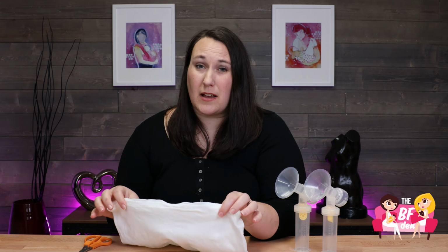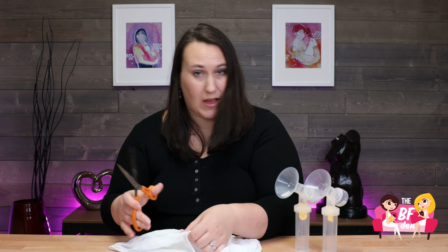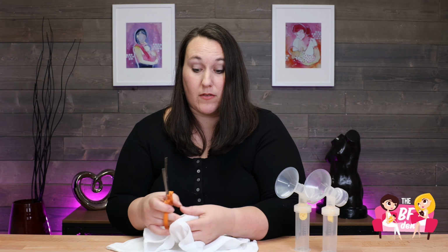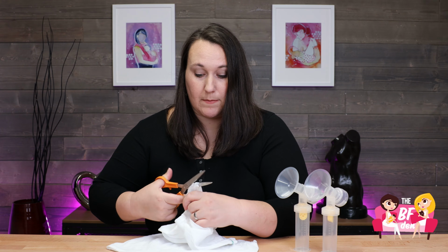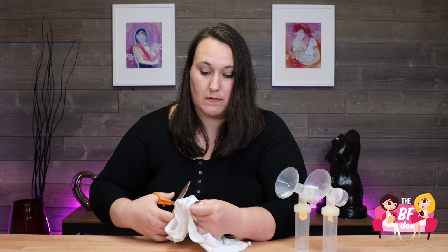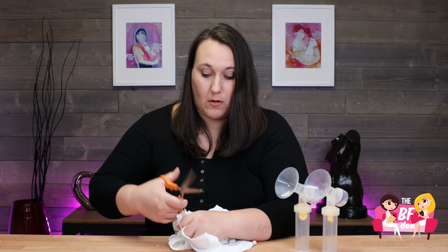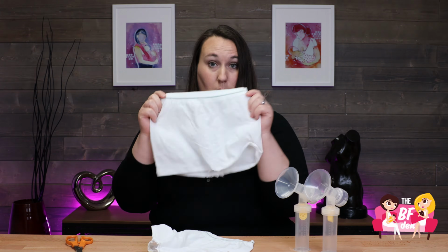Now, there are multiple styles of mesh panties, so if you have a crotch that sticks out, you'll want to cut the whole thing off. If you have a crotch like these, which are pretty smooth, you can just cut along the seam on both pairs. Right. Once you have the crotch cut out, you're going to take your mesh panties one at a time